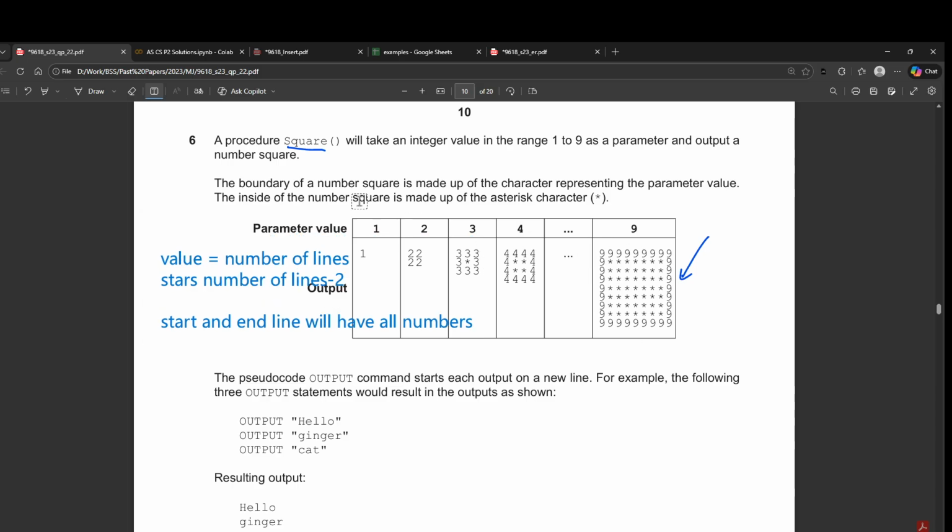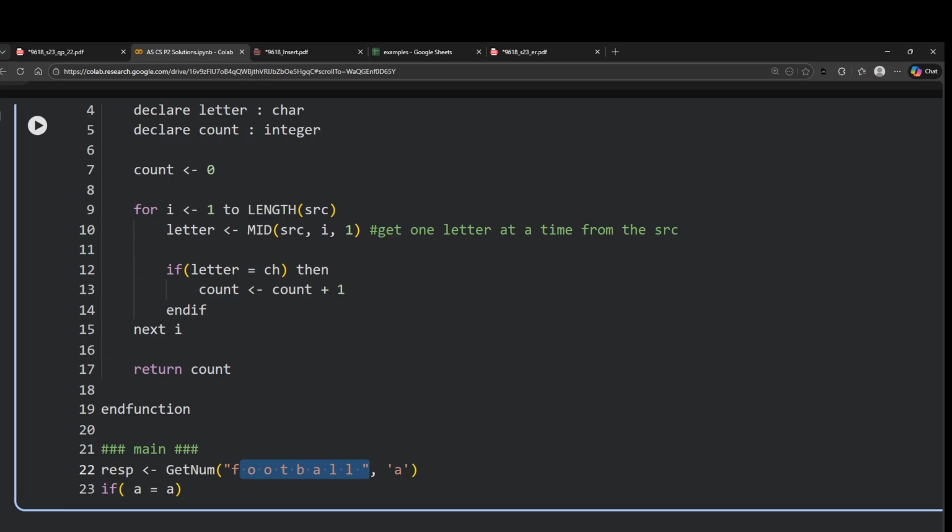So let's say the value is 9. So 7 lines will have the number and then they will have 7 stars. Similarly, if we have 4, so 4 minus 2, 2 lines will have 4 followed by asterisk and then followed by 4. So the simplest way to do this is by just creating the first line and the last line. First of all, this is the simplest part that we can do. So let's go ahead and try this